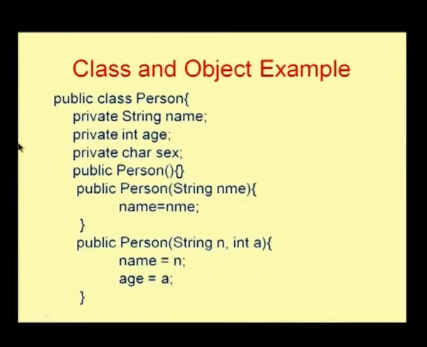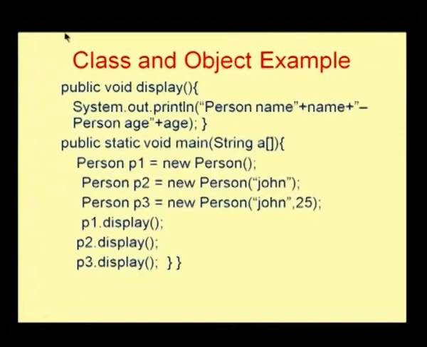with 2 arguments. So, based on the requirements, the user can call any of these constructors, but anyway by default we will have a default constructor. This default constructor will assign default values to all the variables. Here you can see that we have another method also, public void display, which displays the details of a